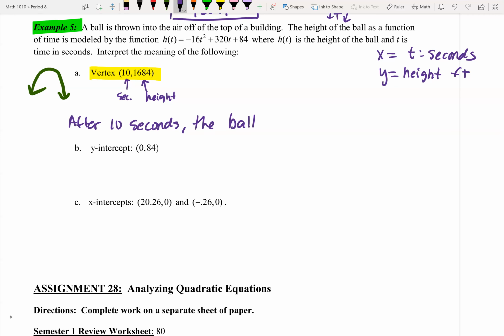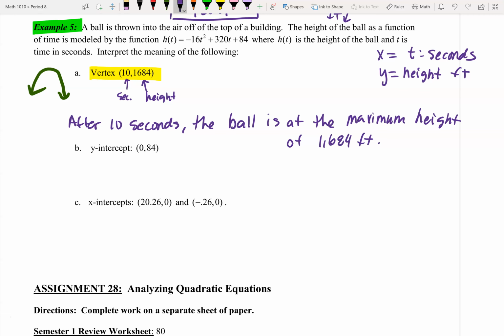The ball is at its maximum, minus 1. Why? You have to talk about those numbers. You can't just say it's a maximum. So after 10 seconds, the ball is at the maximum height of